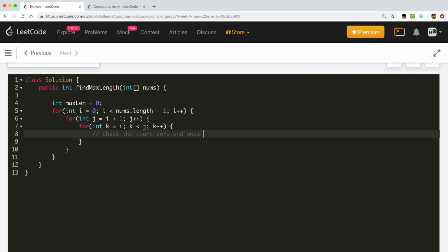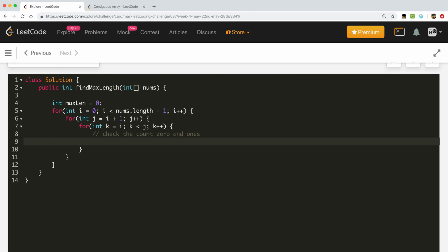Whenever we get an equal number of zeros and ones, we will update maxlen with the max of maxlen and j minus i. So this will be our new length.